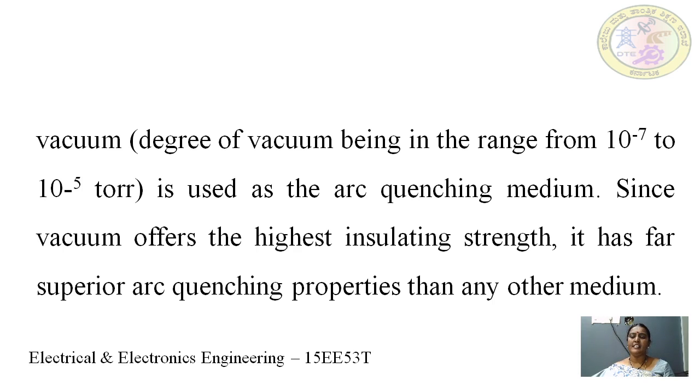It has far superior arc quenching property than other media like air, oil and SF6 gas. Because of this property, it is used in the vacuum circuit breaker in order to quench the